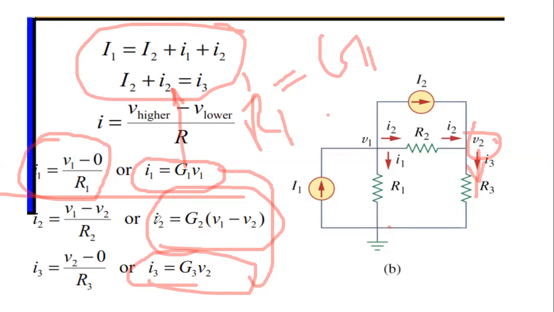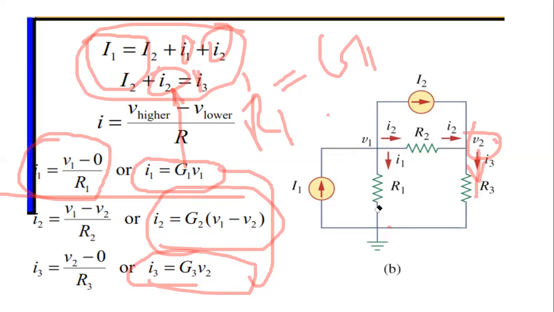Once you have these values I1, I2, I3, you put them into these equations and solve. Capital I1 and capital I2 will be given to you as numbers. So you can get the equations in terms of V1, V2, solve them and get the values of voltages. Here we will find the voltages. In mesh analysis we find the current I1, I2, I3. Here we will write the equations in terms of voltage and use some equation solving method to get voltages V1, V2, V3.